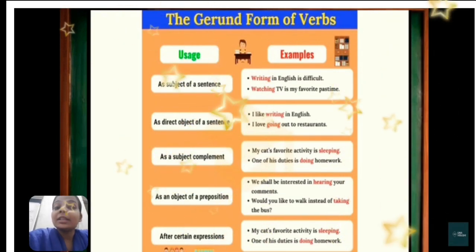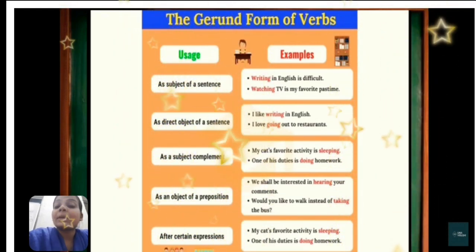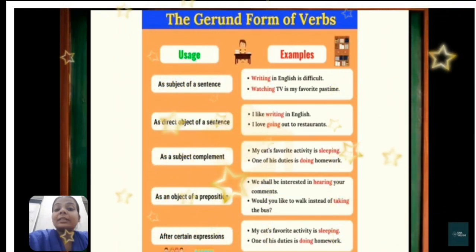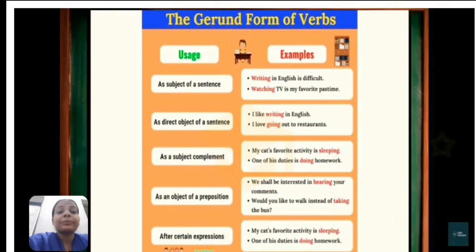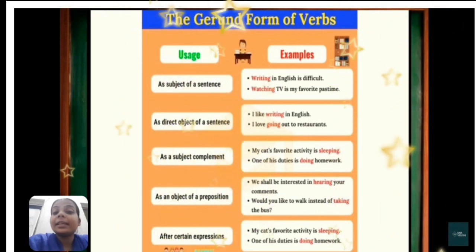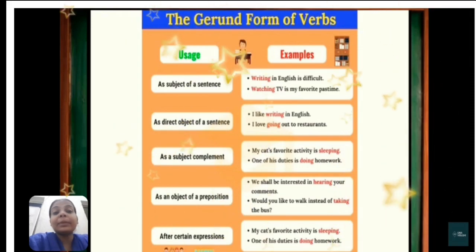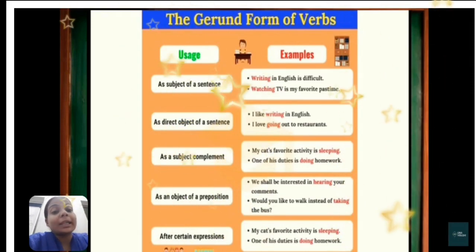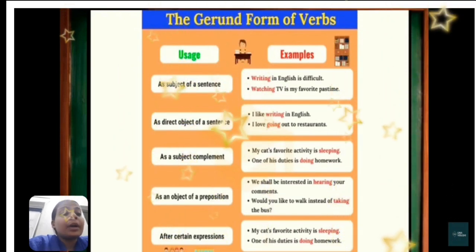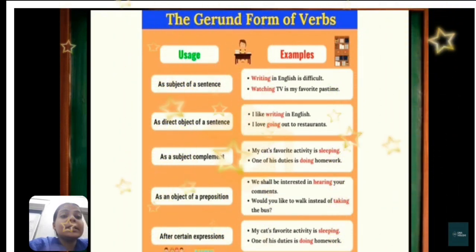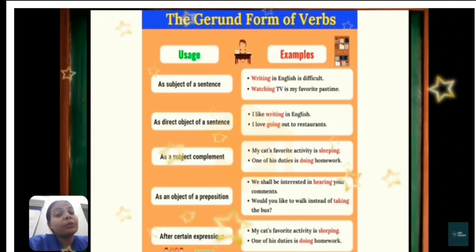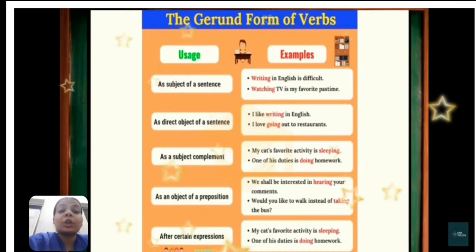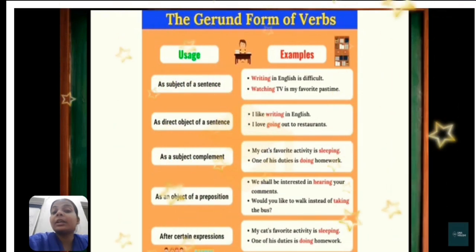Then gerund also acts as a subject complement, meaning it gives a comment or judgment about a subject. For example, my cat's favorite activity is sleeping. So here sleeping is a complement for my cat. Then one of his duties is doing homework. So here again doing is a form of gerund which is the complement of his duty, which is the subject of the